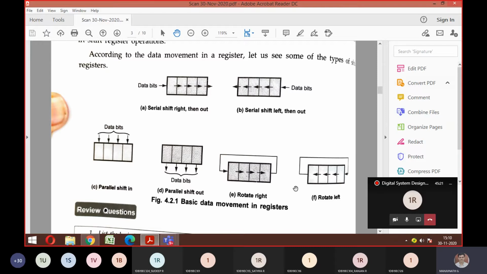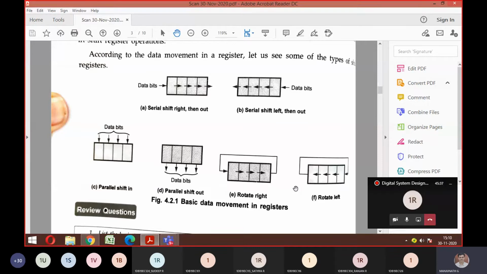You are going to do experiments on this. Similarly, the next part of this module is counters, and the complete fourth module is counters. So there are different types of counters. These counters also you have to execute in the laboratory. So it is multi-purpose, so try to understand the things carefully.